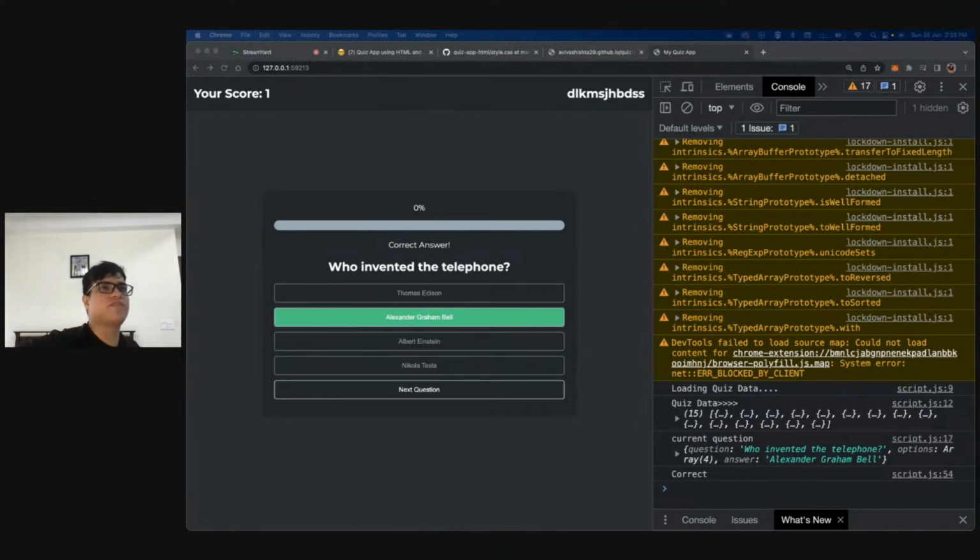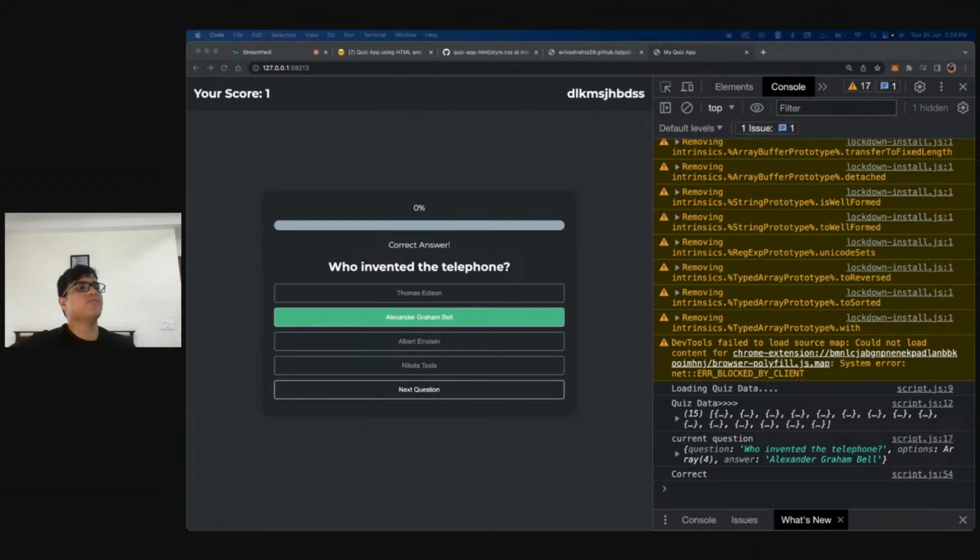I see a lot of people have dropped, and I feel that is because things have gotten a little complicated. I understand that, but stay with me. Trust me, you guys will understand everything. Right? So now the only thing that is left is the next question part. So now on clicking the next question, what do we need to do?